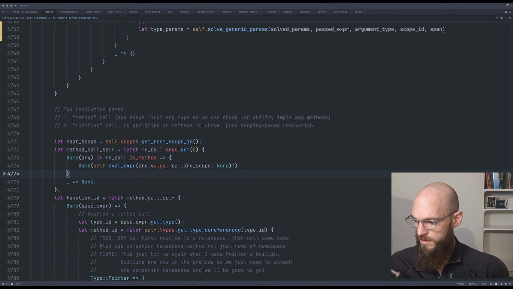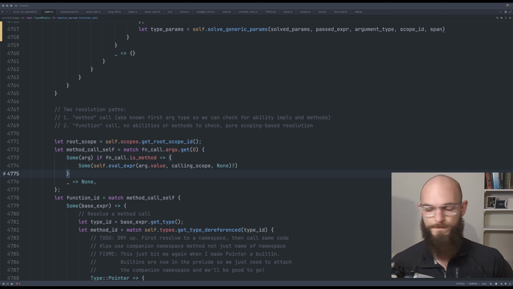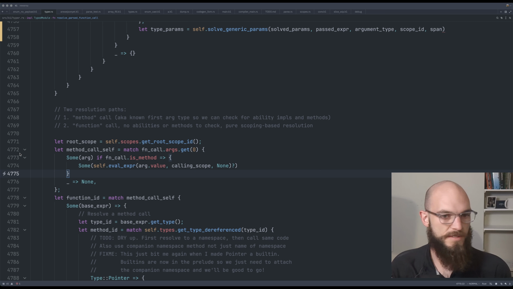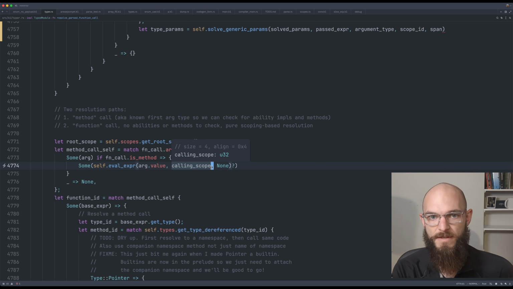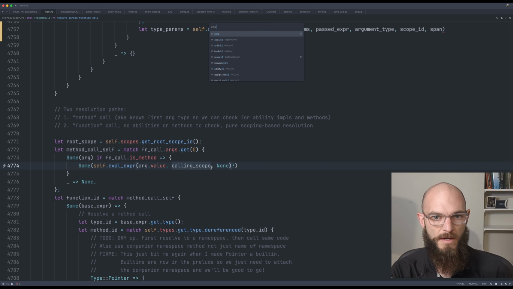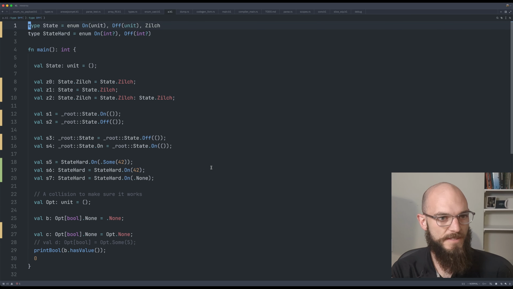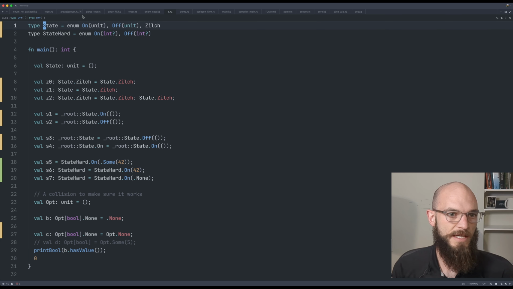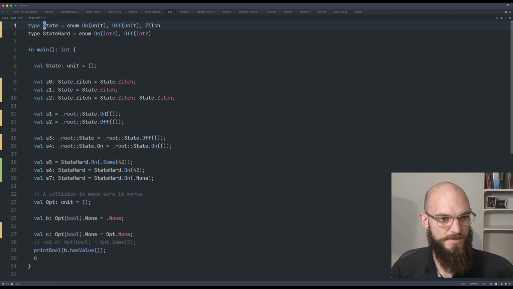Let's do some programming. This is just getting work done, but I will give a little intro. I'm fixing my enums. There was a lot of missing syntax actually, so you weren't able to do a lot